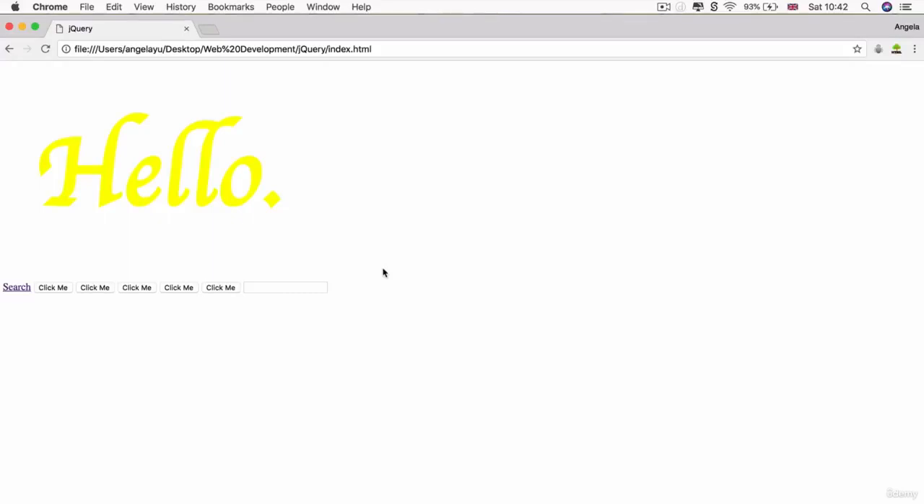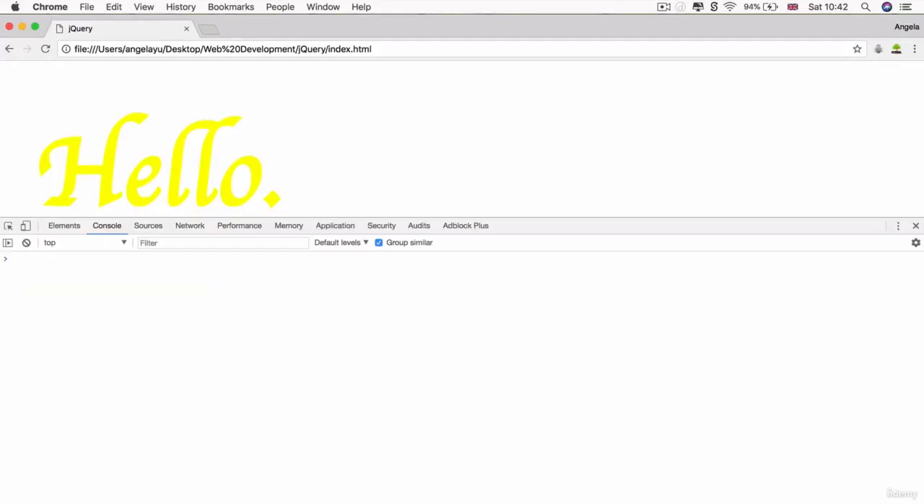Now, while our website is live and running, we can actually use jQuery to add new elements on the fly. For example, if I selected my H1 and I decided to add a new button before the H1, then